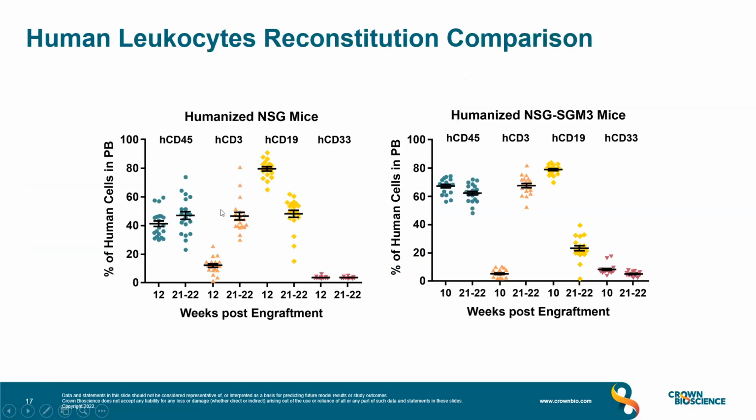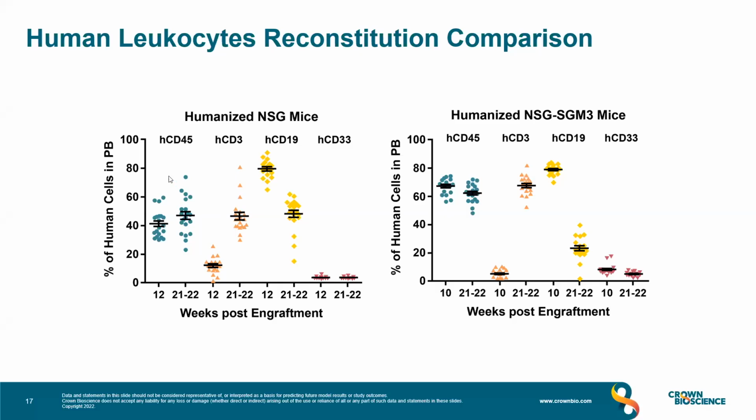There are two strains of mice that we employ, the NSG mouse as well as the SGM3 mouse. If you look across both of these, they're very similar. The SGM3 mouse actually has transgenic expression of human IL-3 and GM-CSF. And what we can see is that there's significant humanization in